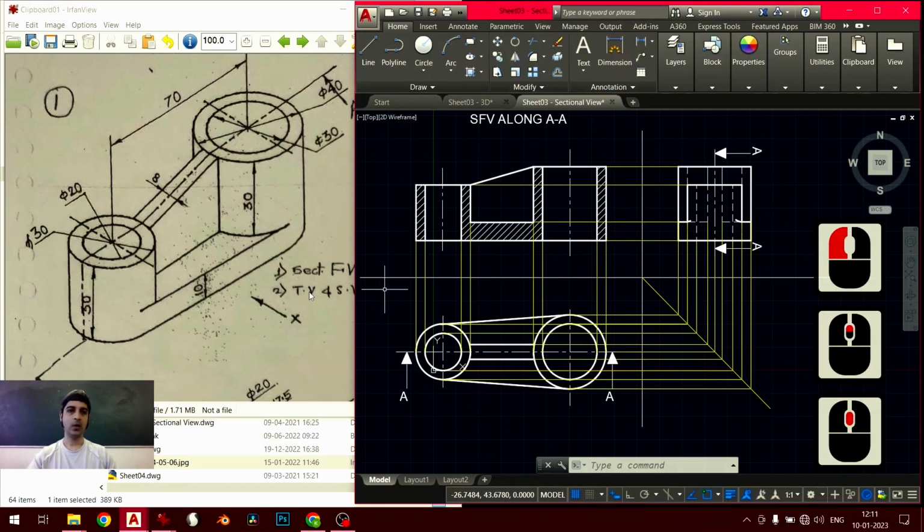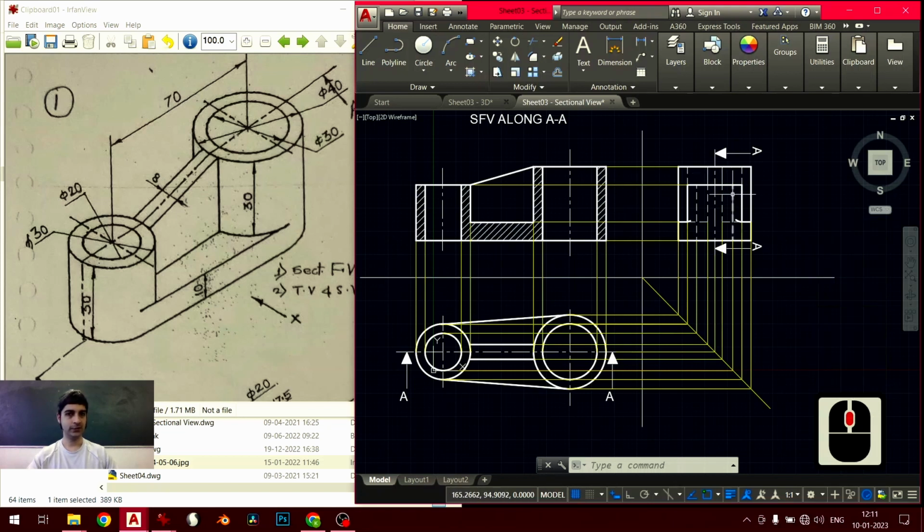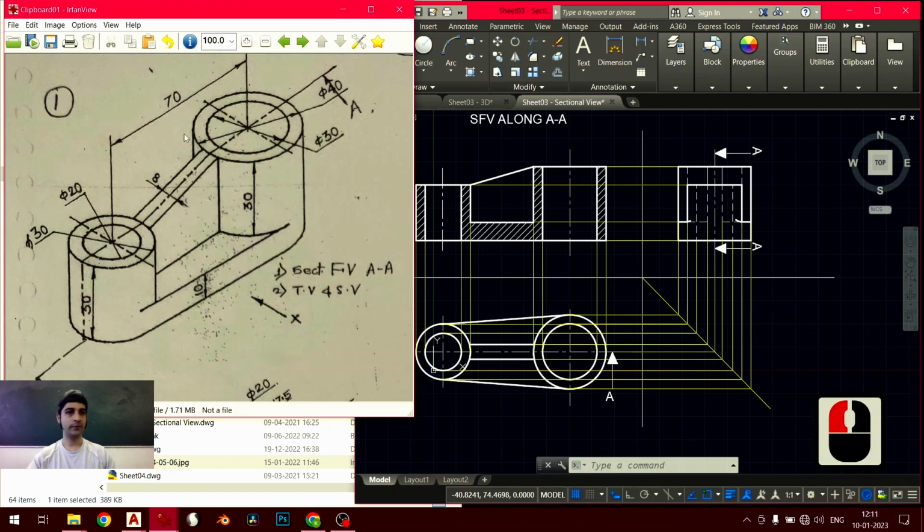Okay, let's figure out why we are drawing the LHSV, the left-hand side view here in the solution. So the front and top views are always drawn. And then you're supposed to draw a side view. Usually they tell you which view is supposed to be drawn, but in this case they haven't done that. So I have drawn the view, or rather the side, that is completely visible to me, which in this case